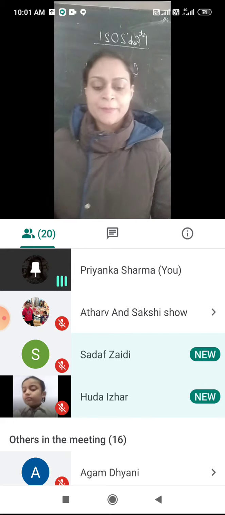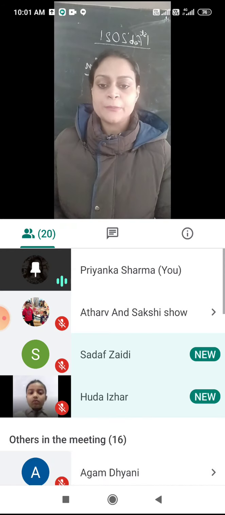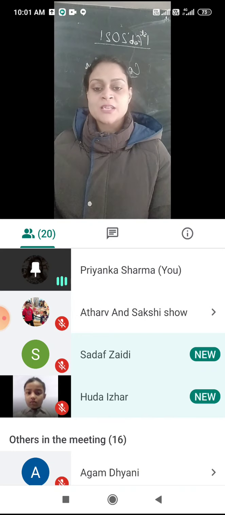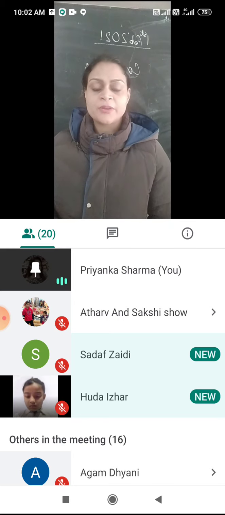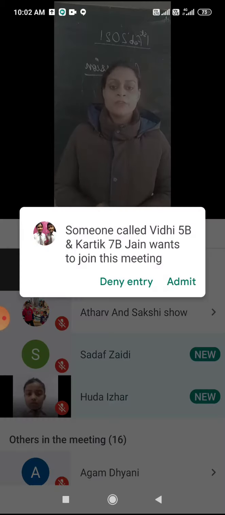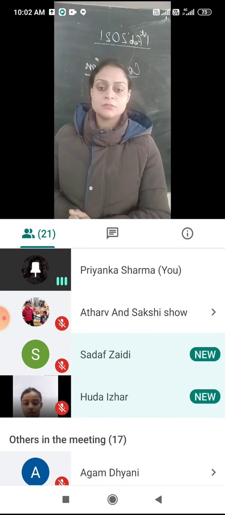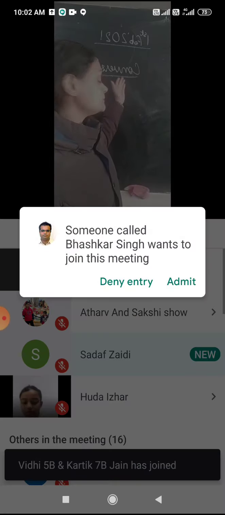We were revising time and temperature. Now, today we are going to revise another heading of time and temperature, that is conversion. In the previous two classes, we revised time, 24-hour clock, 12-hour clock, addition, subtraction, etc. Today, in this class, we are going to revise temperature. And in temperature, we are going to revise conversion.